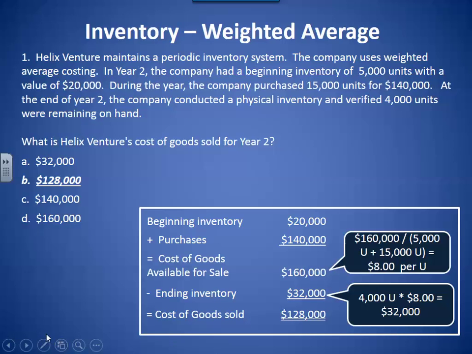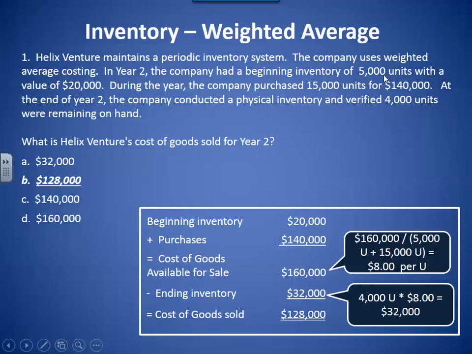Okay, number 1. The answer to what is Helix Ventures cost of goods sold for year 2? It would be B, $128,000. So let's see how we do that calculation. It says here in year 2 the company had a beginning inventory balance of 5,000 units with a value